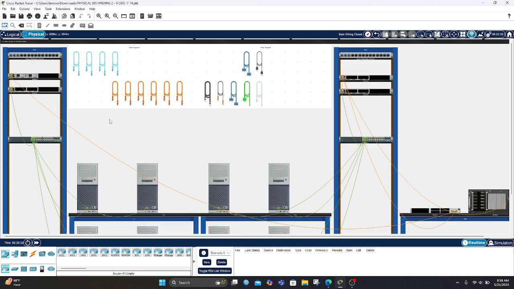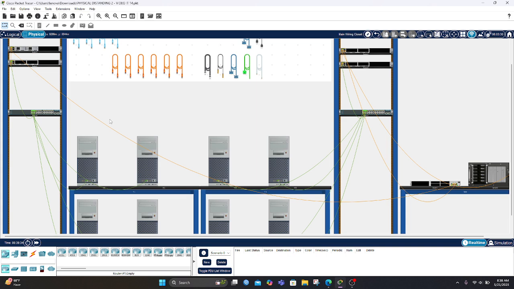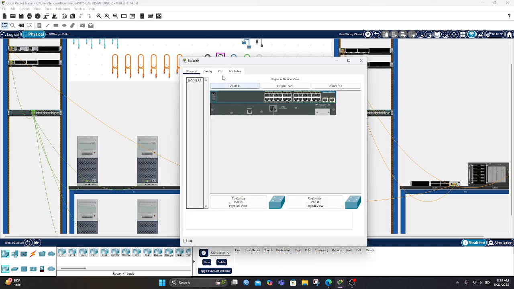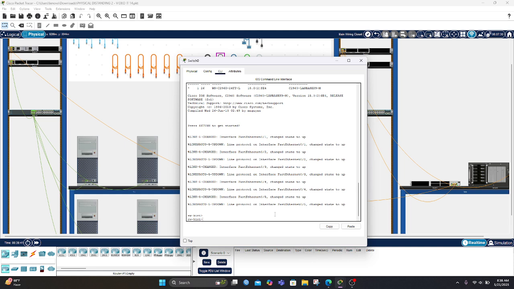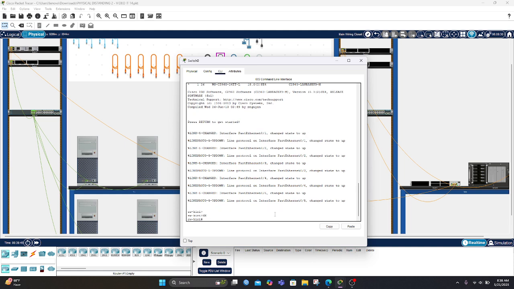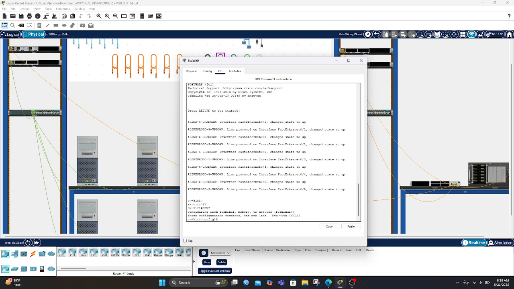Okay, let's see the configuration. The first one is the switch.